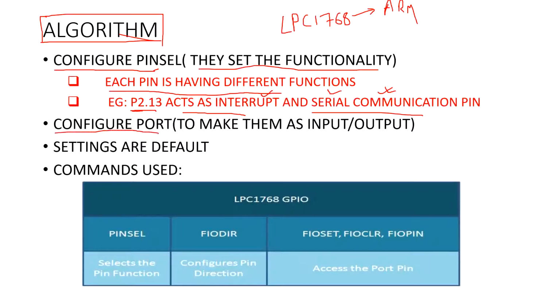First thing, we set the functionality of the Pincel. The second thing is that we should configure the port. We have set the functionality of the pin. Next, we are supposed to configure the port. For example, if I am using the second port P2, I should make sure that the processor understands that I am using port 2. Otherwise, as there are 5 ports, the processor will be in a confusion state. So first and foremost, we should configure it. Why should we configure it? To make them input output. So for example, if you are using P2, you should make sure that it acts as an input output port. Then there will be some settings which have to be done using the program, which we will understand when we start explaining the program.